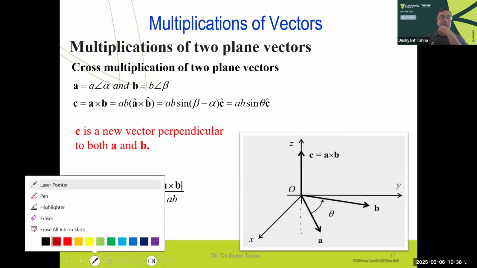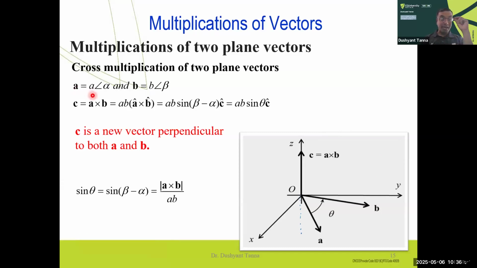Okay, so you have vector A with magnitude A and angle alpha, and B with magnitude B and angle beta. C is a vector, remember this is a vector, not a scalar, so we use the boldface. C is A cross B, which is AB times cap A cross cap B, the unit vector along the direction of A and the unit vector along the direction of B. It will be given by AB sine (beta minus alpha) C cap, or you can simply say sine theta. C is a new vector perpendicular to both A and B, because like I said,